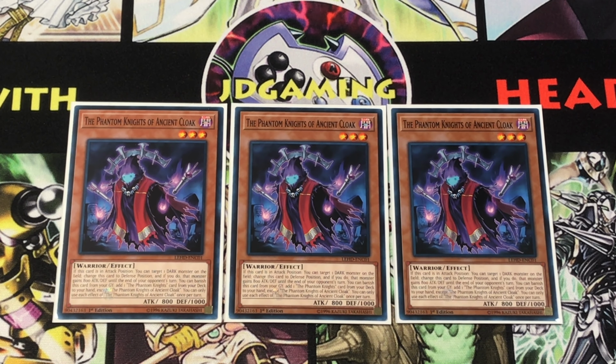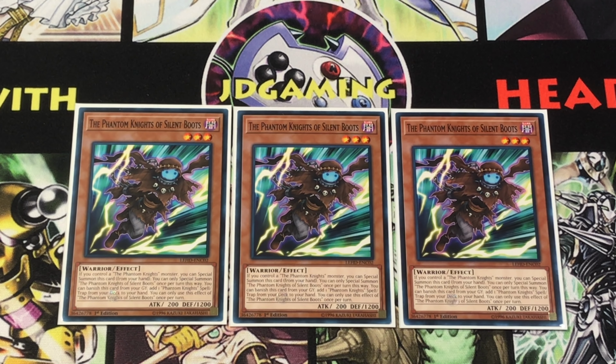Unfortunately, he does not summon himself out to the field, but that's where we have to look into the Phantom Knights of Silent Boots. Fun fact, by the way, the Phantom Knights cards that have the "of" in front of them basically are the monsters that summon themselves, and anything else that says like Phantom Knights' Possessive whatever is kind of like a support card that doesn't summon itself. But essentially, Silent Boots, we're going to use that S very nicely here, lets you special summon itself anytime you control a Phantom Knights monster, and then its graveyard effect lets you add a spell or trap card from your deck to your hand by banishing it. Both effects are again once per turn, but essentially this is the